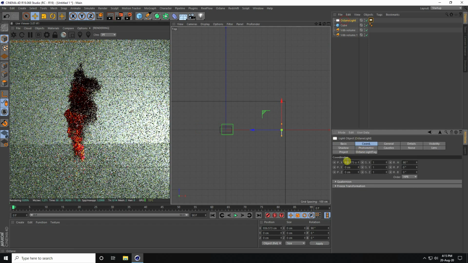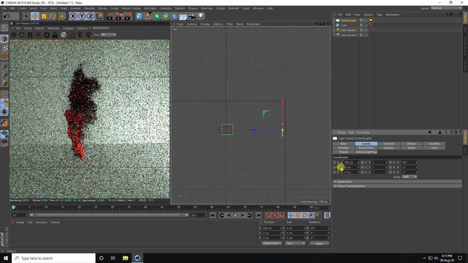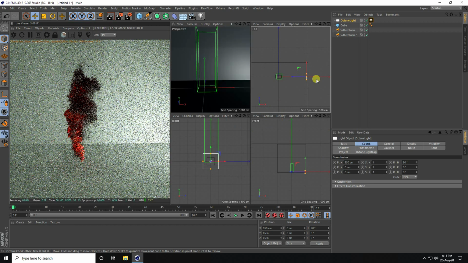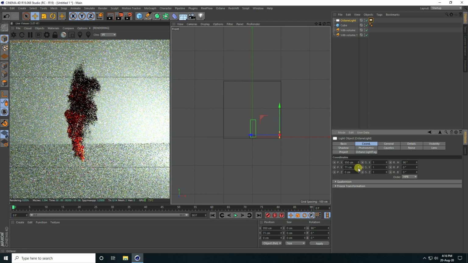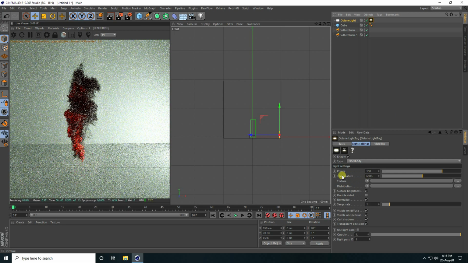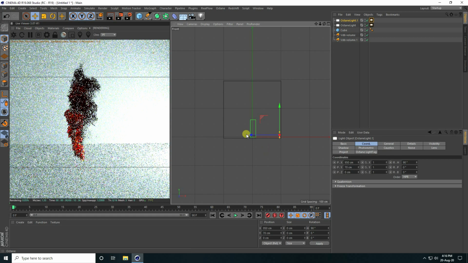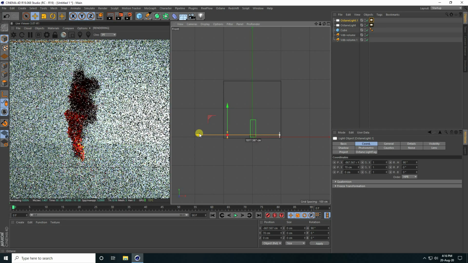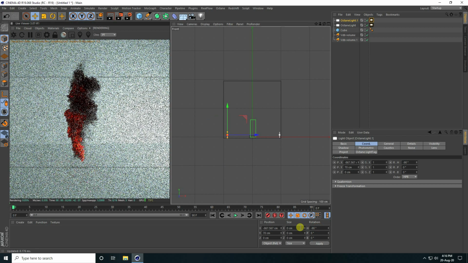Guys, position like 950. And also change this one, height. So height a little bit increase, like 70. Yes, and copy this light. Actually guys, also change this temperature, like I take 8000. Yes, and copy this light. This time guys, go to left side and rotation I take minus 90 degrees.